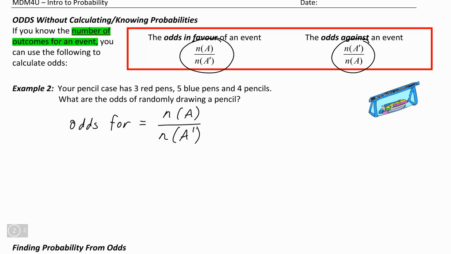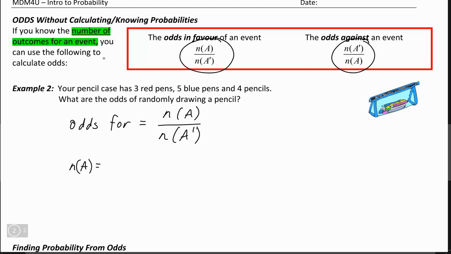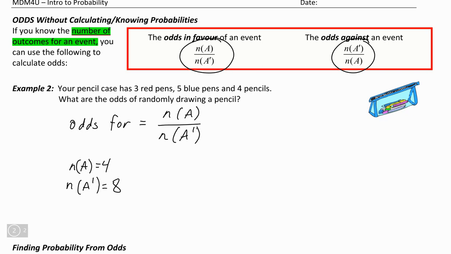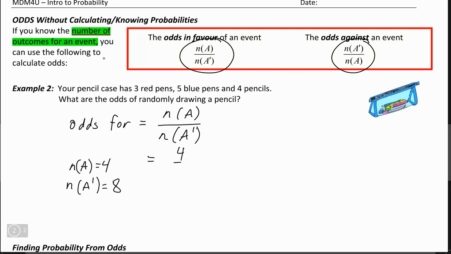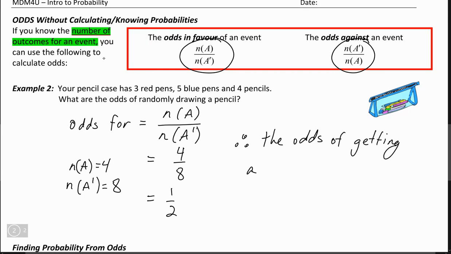So I know that there are 4 pencils. So n of A must equal 4. There are 4 outcomes that give me a successful event. And then there are 8 ways. So n of A prime would be 8 because there are 3 red pens and 5 blue pens. Those are not pencils. So then my odds in favor would simply be 4 divided by 8, and in lowest terms, 1 over 2. Okay? So therefore, the odds of getting a pencil